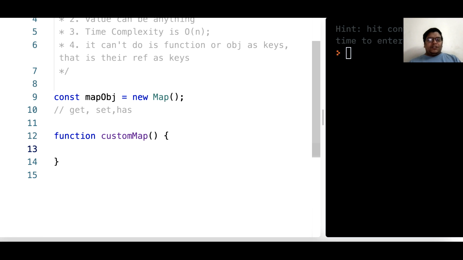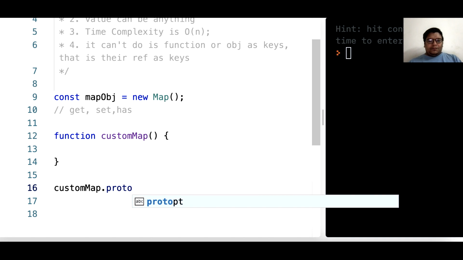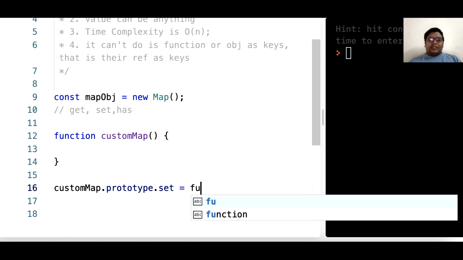So the first function that we need is the get method. Let's say the set method, I mean, first you need to set values either way. So we will use the set method.